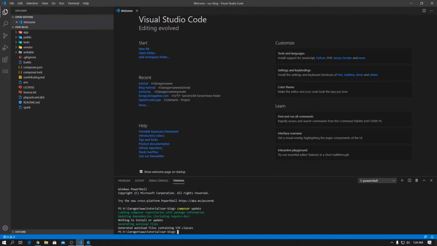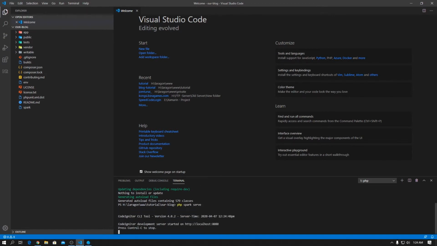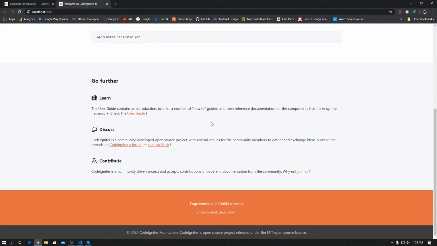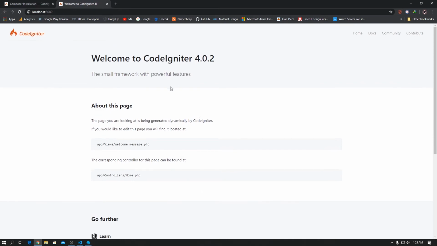Alright, in order to start your development server, just type php spark serve, and then you can see Codeigniter development server started on localhost. So this is your Codeigniter page, and this user interface you see is from a view